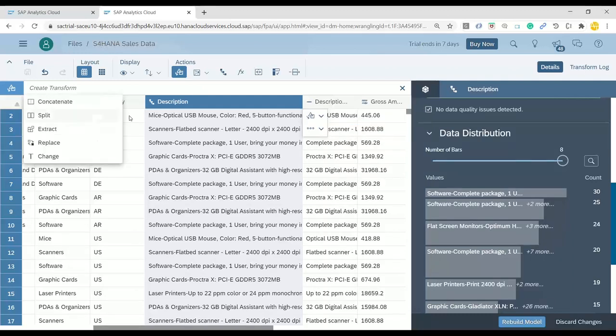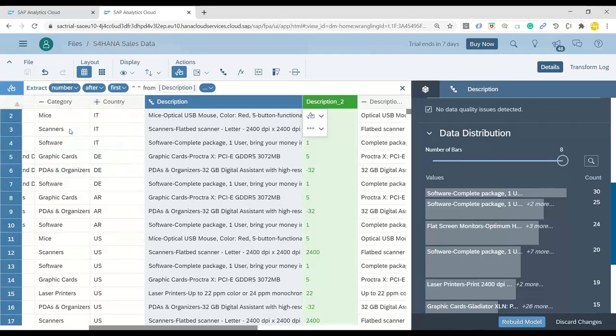So create a transformation, split the data, or extract the data, after the third occurrence of space,